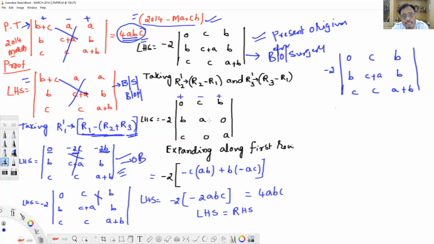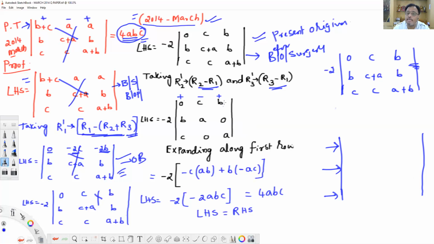Now this is the surgery I have decided. Two surgeries I am doing on this body. What is that? Surgery number 1, R2 minus R1. And surgery number 2, R3 minus R1. Definitely after surgery a new body will form, with space for row 1, space for row 2, space for the 2 surgeries I want to do. So now you tell me why you have taken R2 minus R1.